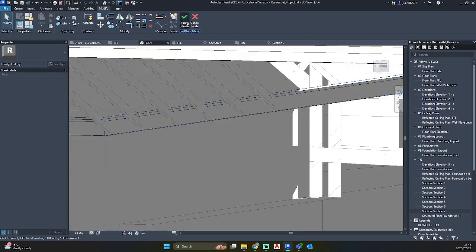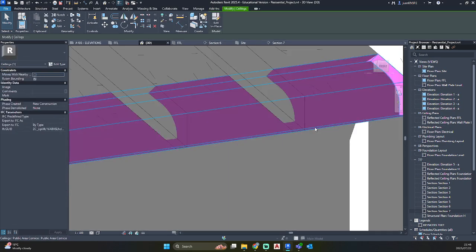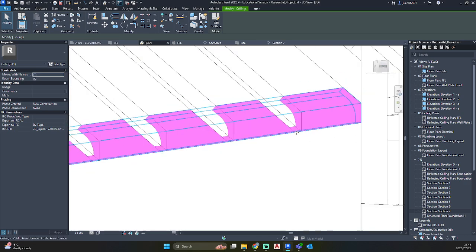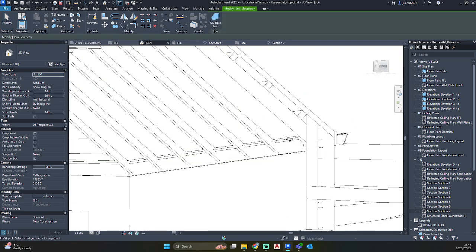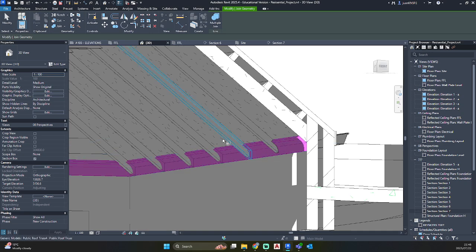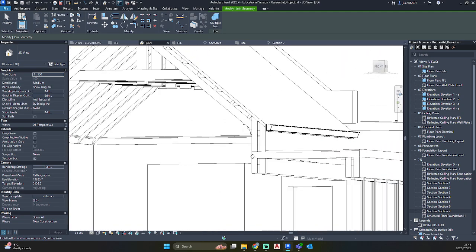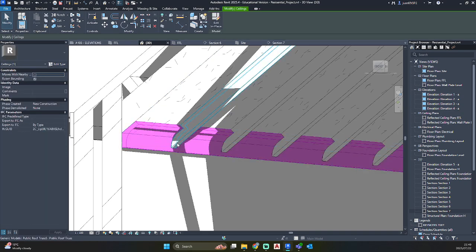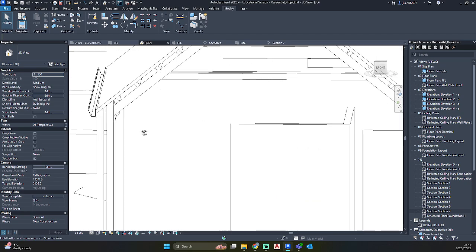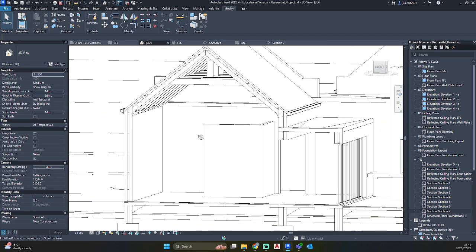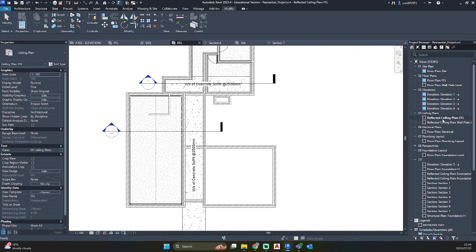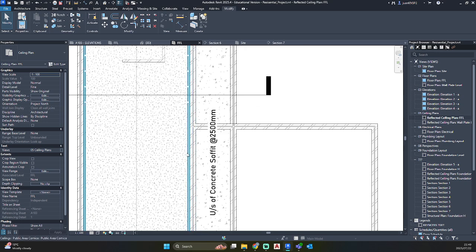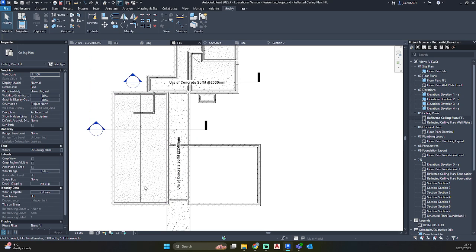So did it move up now? Finish Model. Okay, there it moved up. So let's go join and create a clean finish. So this is just an illustration of a cornice. You can do your own cornice according to any profile cornice available in your country or your region. This is just to show on our ceiling plan that there is a cornice in this area.